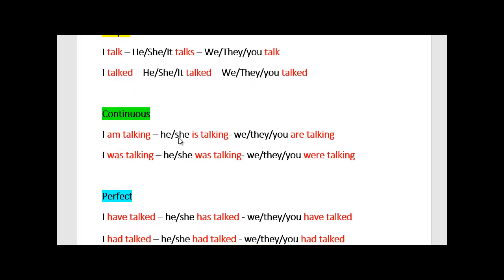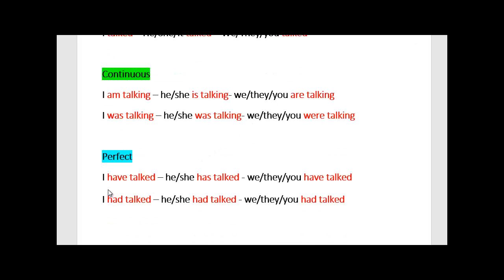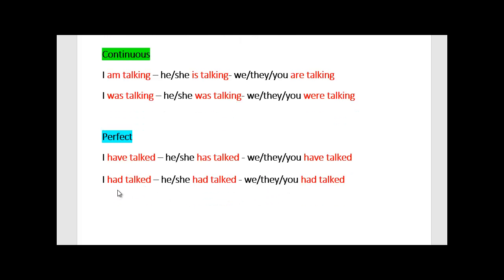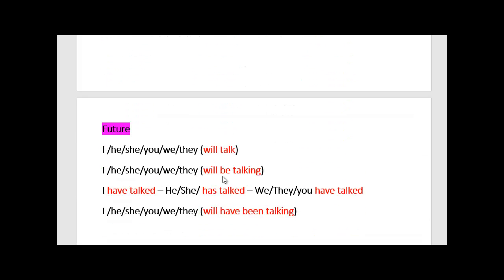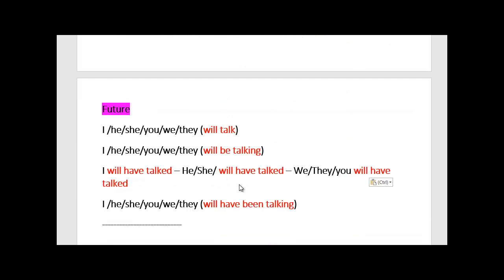Continuous: I am talking, he is talking, you are talking, I was talking, they were talking. Present perfect: I have talked, he has talked, they have talked. And past perfect: had talked, this is the same for all. And for the future: we'll talk, we'll be talking, future continuous, future simple, and future perfect, we'll